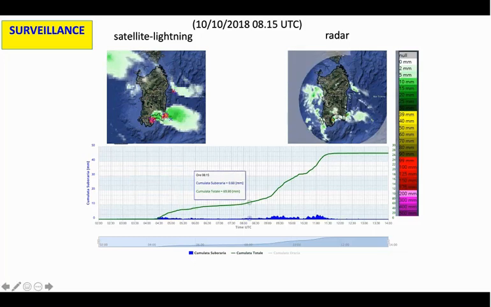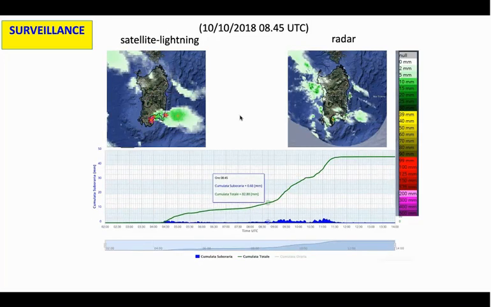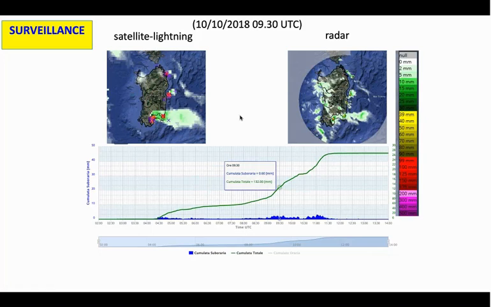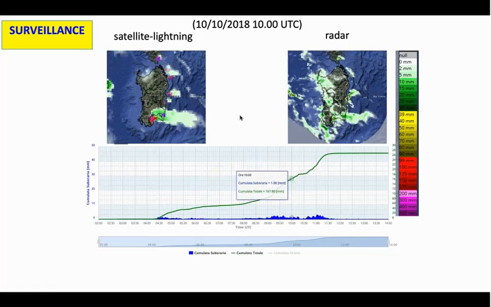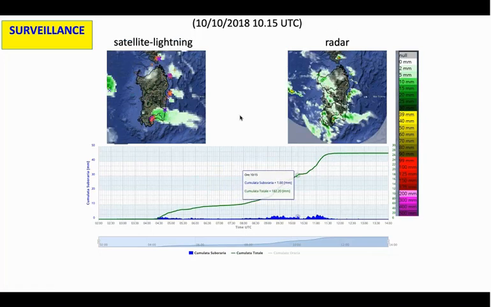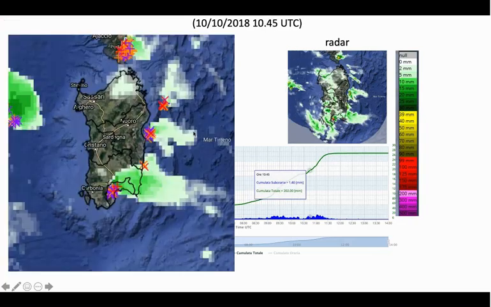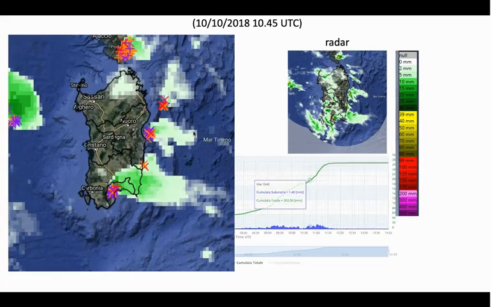We can see that we have precipitation in the south of Italy, so not in the middle as the forecast said, but we were aware that this can happen with convective precipitation and convective events. So the event is not finished, we still have precipitation, still have the maximum in the same part of the region, and we